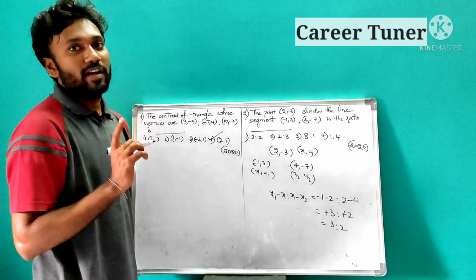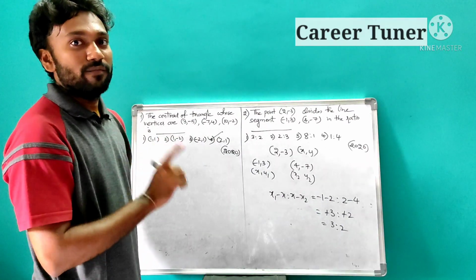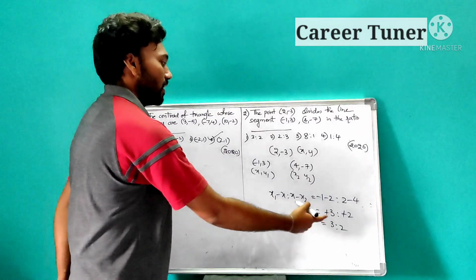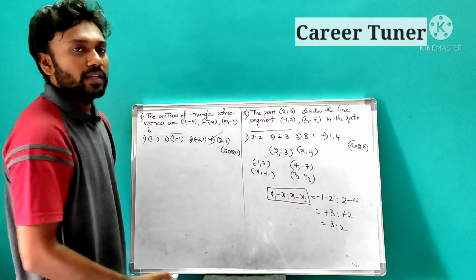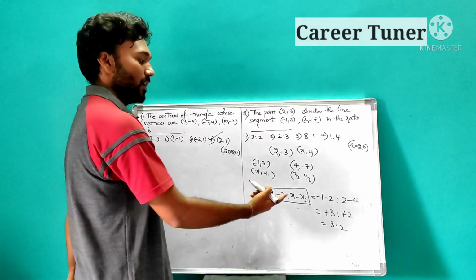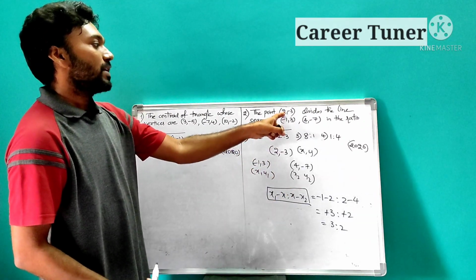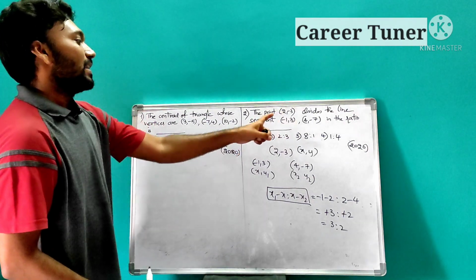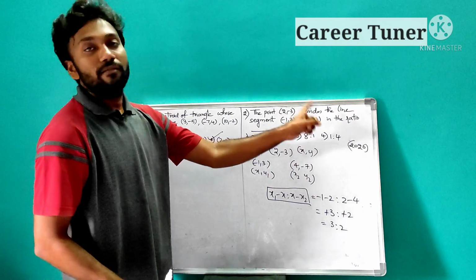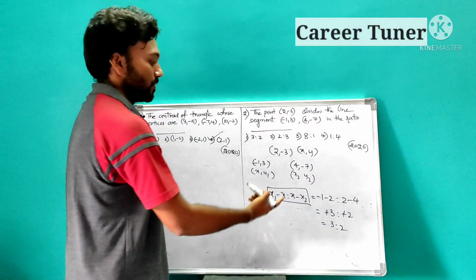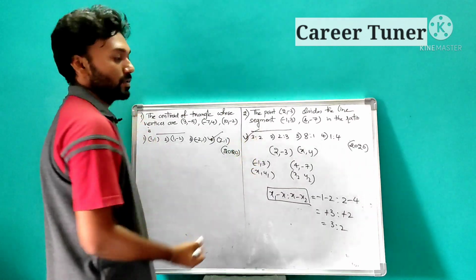Don't go for the section formula here. If you take the section formula, it will take a lot of time to solve m1 is to m2. So here directly this is the way. What is the formula? x1 minus x is to x minus x2, or else you can take y1 minus y is to y minus y2. So the point which is dividing will be treated as x, y, and the line segment coordinates are nothing but x1, y1 and x2, y2. Remember it. So our answer is the first option, 3 is to 2.